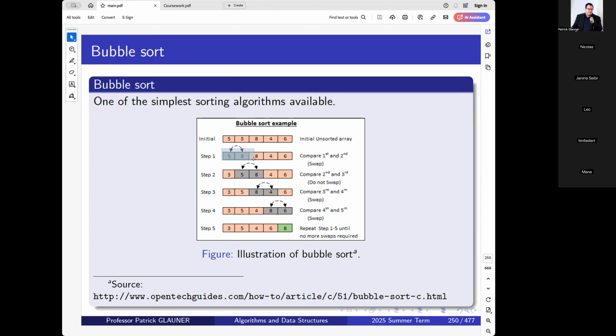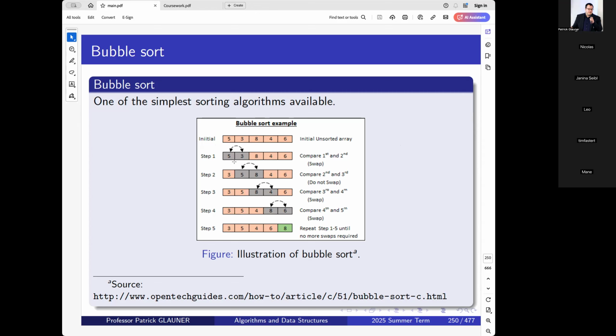You start looking in your first step at the first two entries, 5 and 3. Are they in the right order or not? If they are in the right order, fine. If they are not, you swap them. And 5 and 3 are not sorted because we need the 3 first and then the 5, so we just